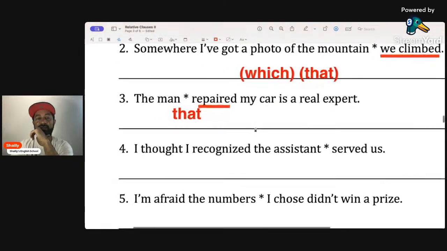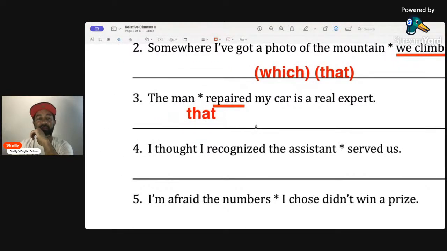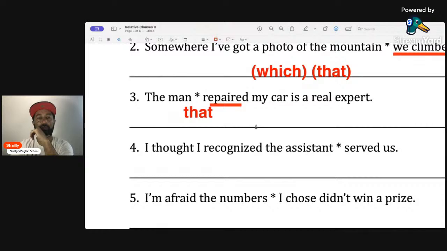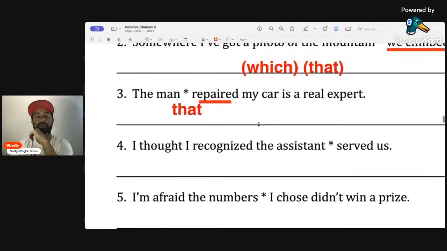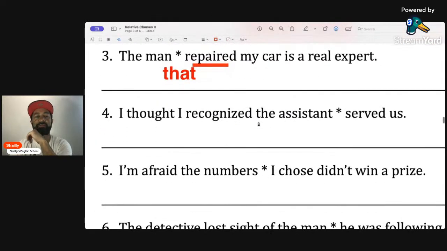Okay, let's make these a little bigger so it's easier to see. We're going to move on to number 4. Number 4 says, "I thought I recognized the assistant." Then we have to choose a relative pronoun or omit it, "served us." All right, so here, if you notice, we've got a verb. Whenever we have a verb, we need to have a relative pronoun because the relative pronoun becomes the subject of